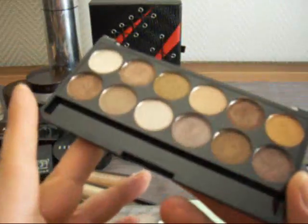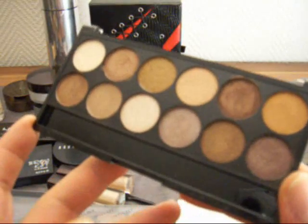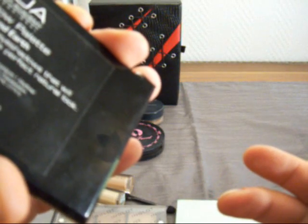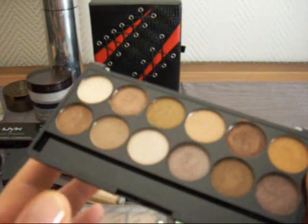Makeup Academy Professional, the UK brand. I cannot say anything bad about these. I use this like crazy. This happens to be Heaven and Earth, and I use these for lining, shadowing,